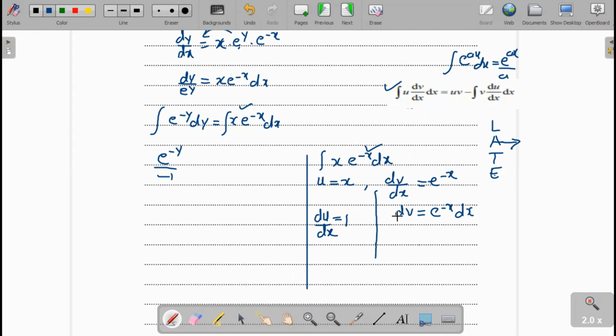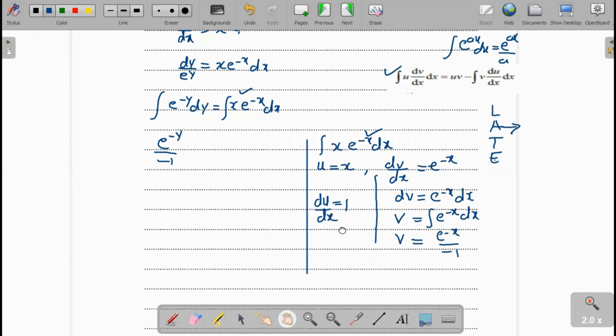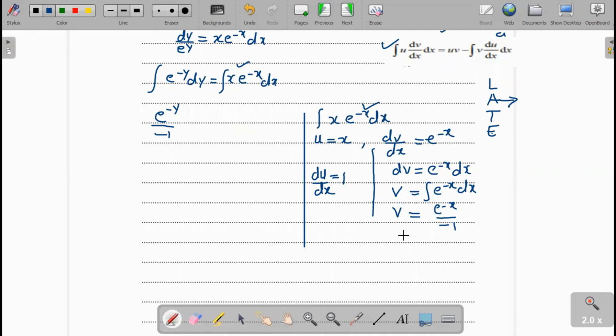Now we integrate both sides. We get the integration of e power minus x, and we get v equal to e power minus x over minus x. This is equal to v equal to minus e power minus x. Now to solve it